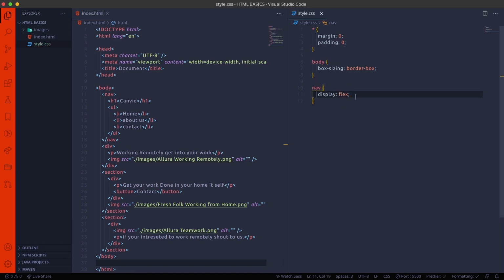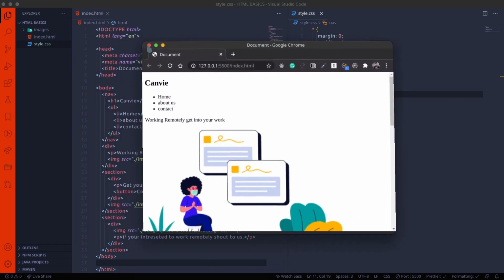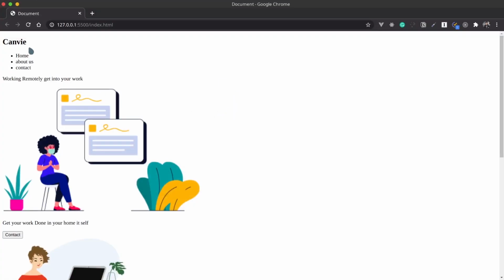Now I'm using the nav tag with curly brackets. Here I'm using display flex. So what is it? Display flex means that here the content is in a row.